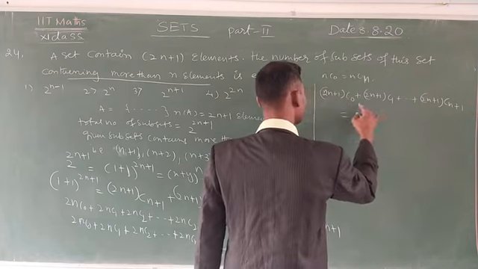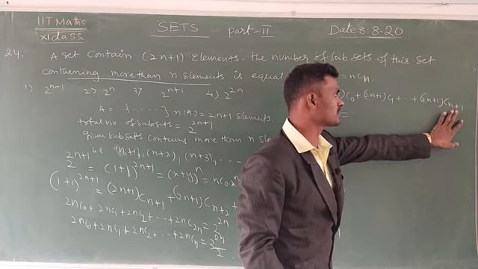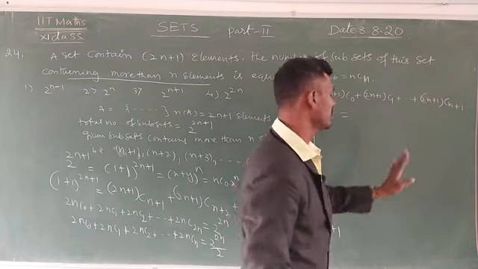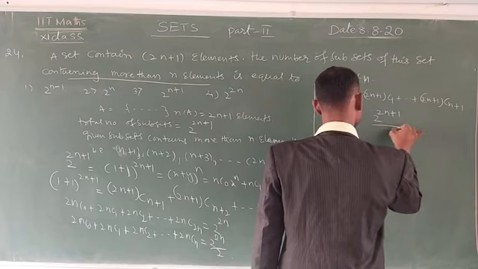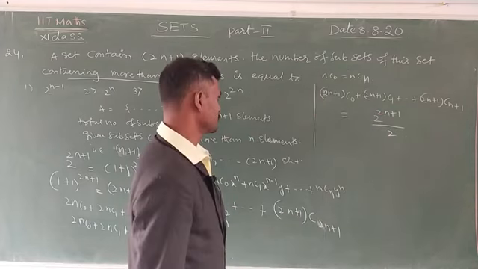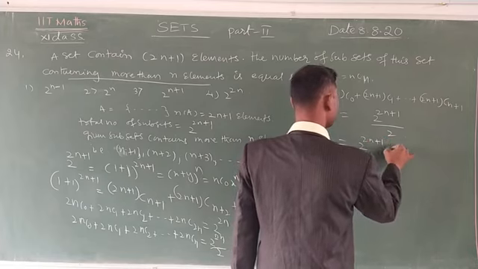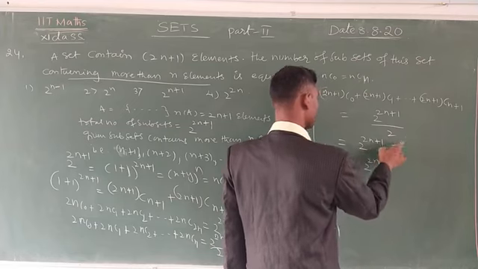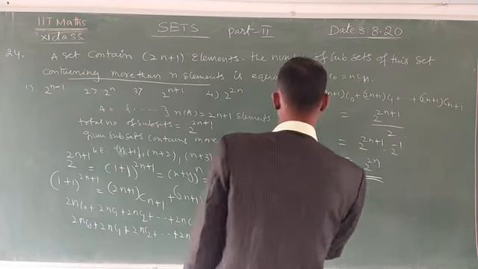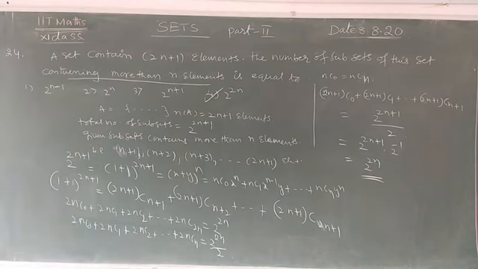It is equal to, here half only means here up to n+1 only. That is here n, then 2 power (2n+1) by 2. Now you can write here 2 power (2n+1) into 2 power minus 1, this denominator, then 2 power 2n only, 1 cancels. Total 2 power 2n subsets which contain more than n elements. Note down.